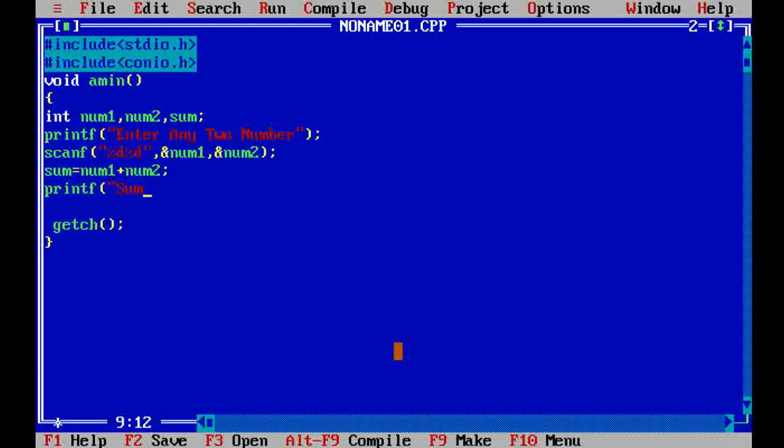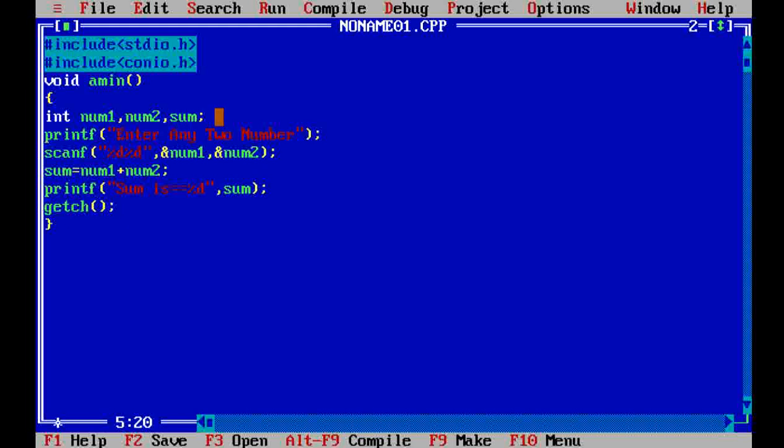Sum is equal to, by using %d, will display the summation, and we close the statement. In this way we write our program, a 5-line program.